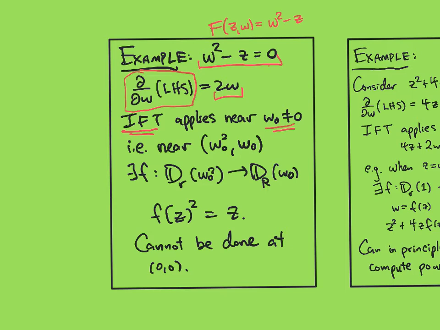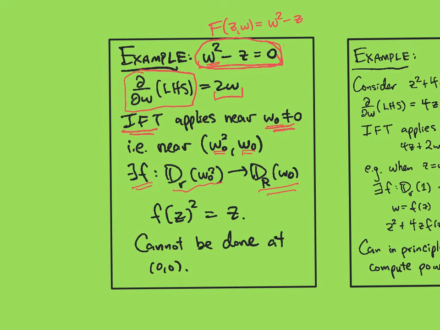And so I'm interested in finding an analytic solution for this equation, meaning I want to find an analytic function of z in place of w. So if I'm at w equals w naught, then z has to be w naught squared. And so the implicit function theorem will give me w as a function of z, so there'll exist a function f defined around w naught squared, mapping to a neighborhood of w naught that satisfies the given equation, so lives